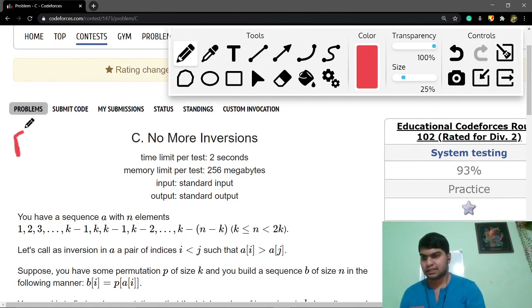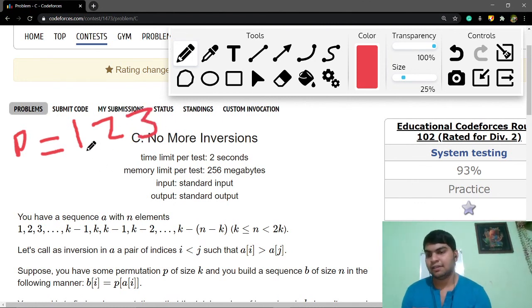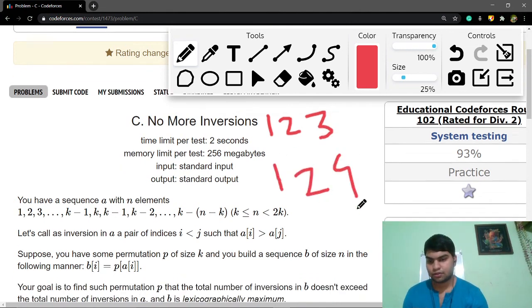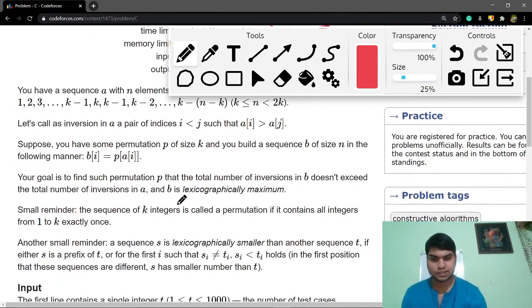If you have a permutation of three numbers, then you have the elements 1 2 3 in it. In a permutation, all the numbers from 1 up to its size occur, and every element comes exactly once. So 1 2 3 is a permutation, but 1 2 4 is not. So that explains what a permutation is.